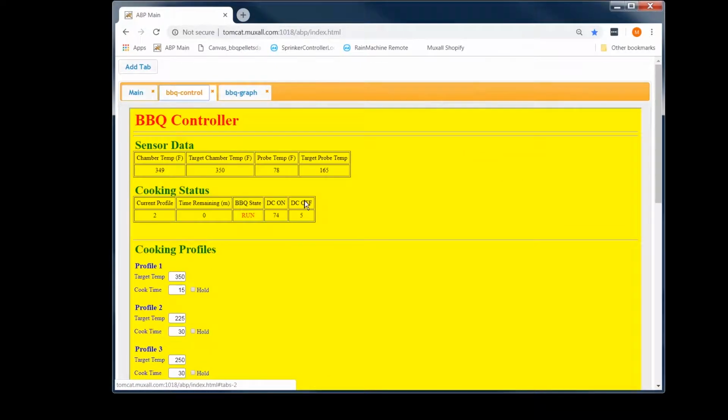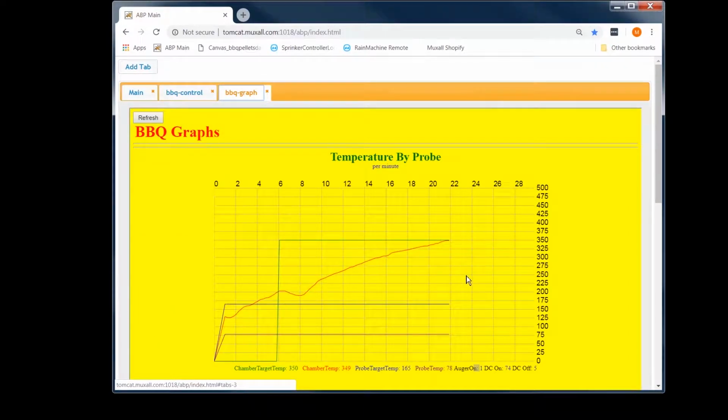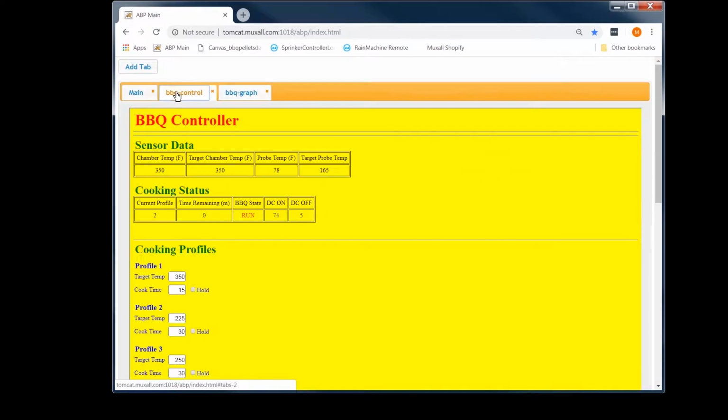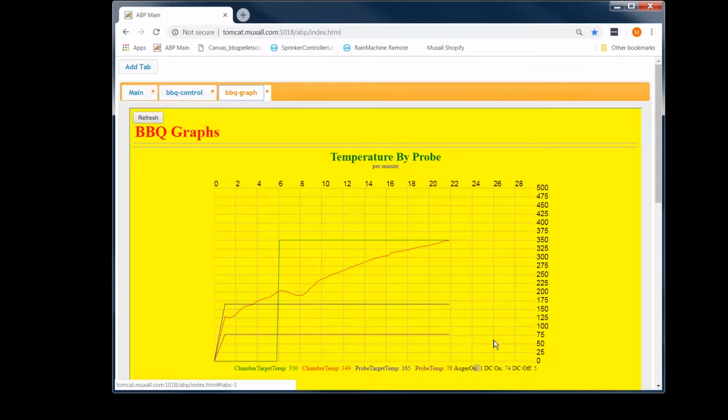mark. Let's see how much time we have left. Oh, we have 0 minutes left. It's getting ready to drop. Actually, if you look right here, it says profile 2 right there. So, and that's another bug I've got to fix, is all these things should line up at the same time, and sometimes they don't. But anyway, what I wanted to point out is you can see as it's getting closer